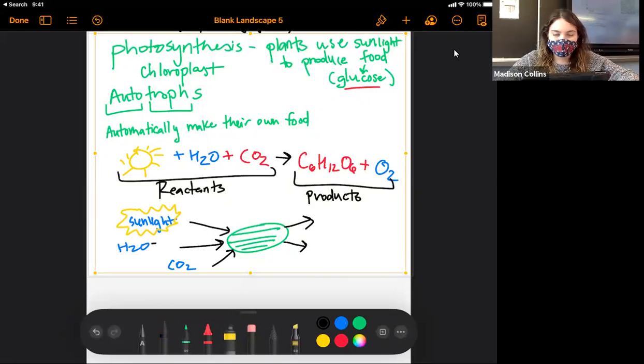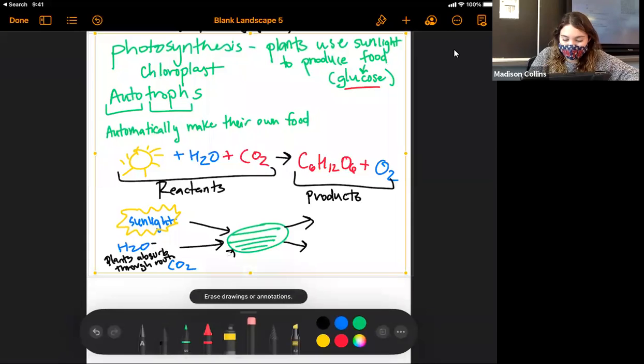So where does this water come from? Well, plants have to absorb that rain that falls from the sky and hits the ground through their roots. So plants absorb water through roots. And where does the CO2 come from? Well, this comes from us, right? We exhale CO2 every time we breathe, and plants are able to absorb that CO2 and use it to